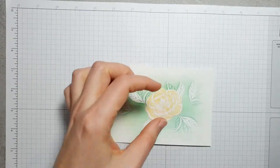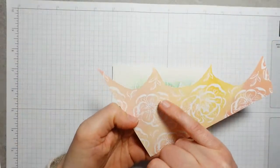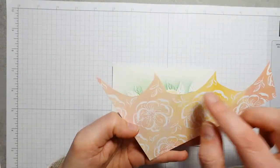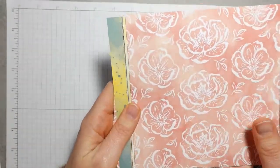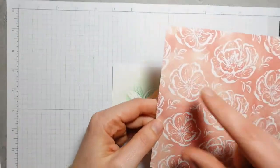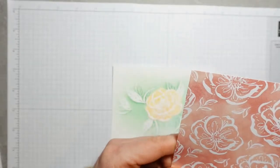Okay, so there's one flower. You can kind of see where this is going. Now this paper's got kind of pinky tones to it as well. And for my original, I cut out the pinky tones, but I'm just going to grab a sheet of the paper with darker pinky tones. So I'm going to grab that one and choose 2 of the little flowers. So I'm just going to cut those